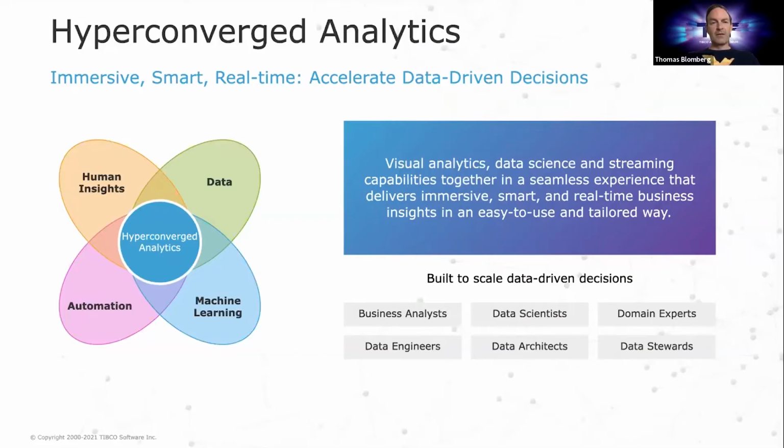You may have heard the concept Hyperconverged Analytics. And what is that? It's basically analytics, data science, and streaming coming together. And not only coming together technically, but also from a user's perspective. We see users doing more with data, and they are moving seamlessly between these different areas. For example, you see data of larger sizes and more varieties used, especially within machine learning. And we also see machine learning being used in combination with visual analytics to, for example, monitor the models and analyze the results.